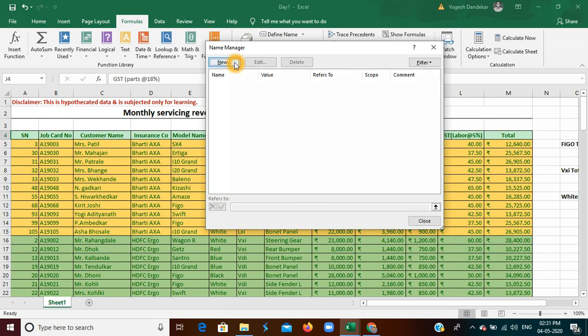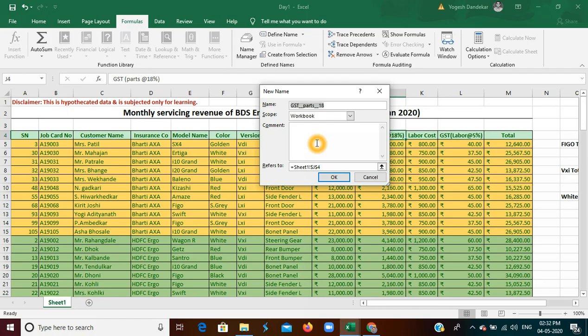By clicking on New, we can mention the new name for my database. So I'm clicking here. Okay, the name of this database I am writing as main underscore data. What is the utility of this naming, that I will show you later. If I want to add any comment, I can write that comment for this database here. Scope, whether it is applicable for the entire workbook or for this sheet only, that is our choice. So I am keeping it as Workbook.